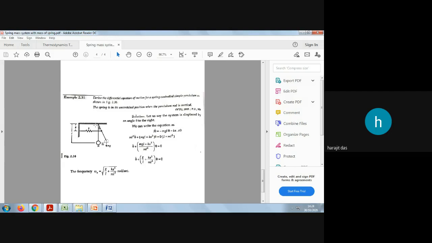Now we need to see what forces and moments are acting on this system. Because this is angular deflection, we need to see the moments. To see the moments, we need to see the line of action of the forces. So here, because this is displaced to the right hand side, we can resolve the weight of this